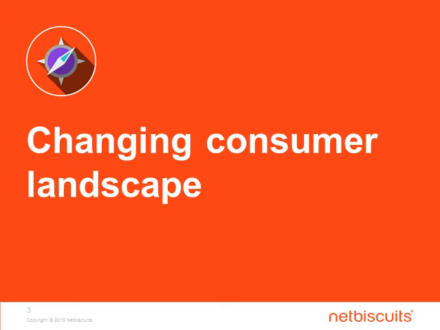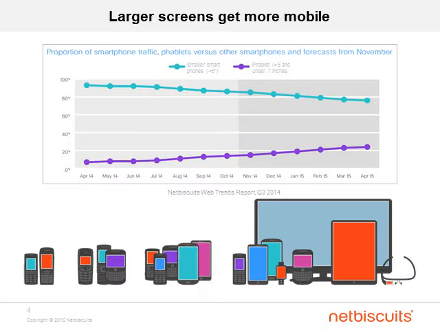Okay, let's take a look first of all then at the amorphous world of the consumer. So the changing consumer landscape, the trends that we're seeing in mobile, and of course as well the rise of the multi-screen journey. So I think we're already feeling the consequences of a mobile world which never stands still. And just where we got used to treating the market in terms of tablets and smartphones, we find a whole new category emerging. So that's the awkwardly named phablet segment. This is the phone and tablet hybrid device.